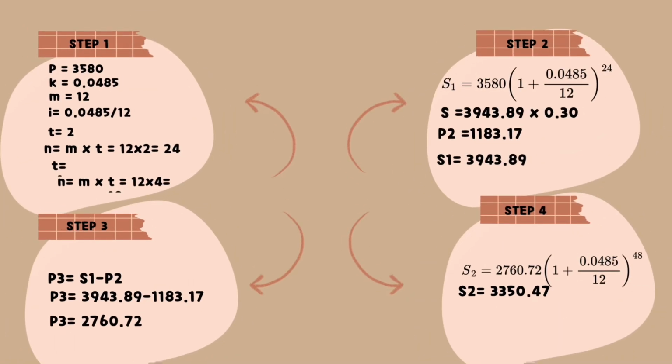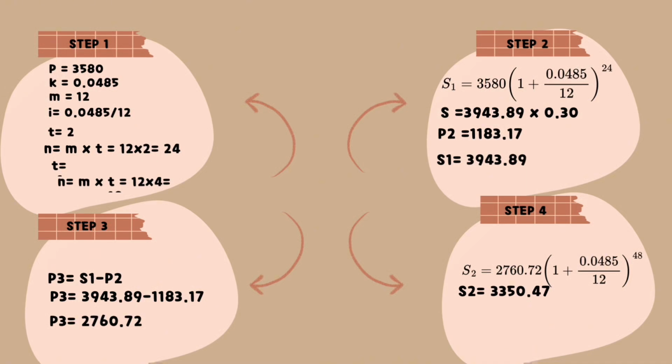For the first step, I will explain all the information in the question first, which is we have 3580 for P, 0.0485 for K, 12 for M, also 0.0485 per 12 for I, and the last one we have 2 for T. For the second step, we're going to use the formula, which is S equal P in bracket 1 plus I power of N, and we're going to enter the amount into the formula, and we're going to get a final answer, which is S is